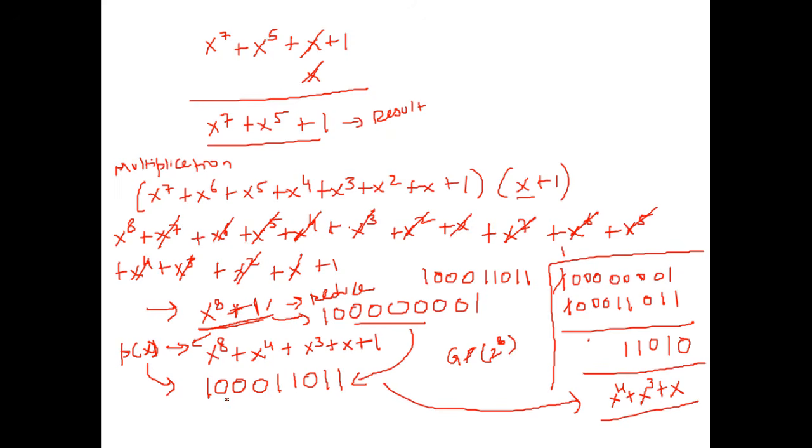When we go in for an irreducible polynomial p of x, it's only when the result is of a higher degree and this result is not present in our GF of 2 power 8, then what we do is we use this irreducible polynomial, we divide the result by this irreducible polynomial, and we get this final result which is part of the set. So I hope you now have a clear understanding of how finite field arithmetic is performed in GF 2 power 8, and we'll be using the exact concepts in the mix columns step in Advanced Encryption Standard.